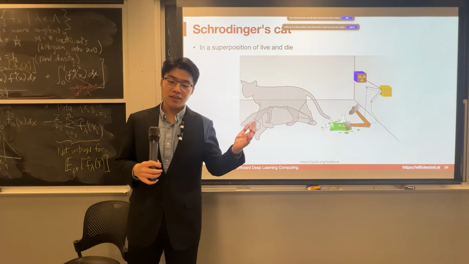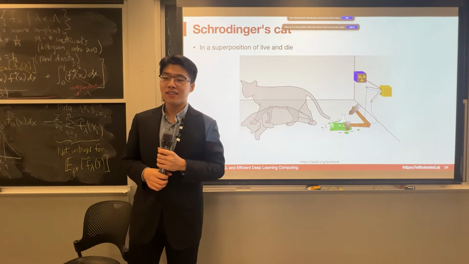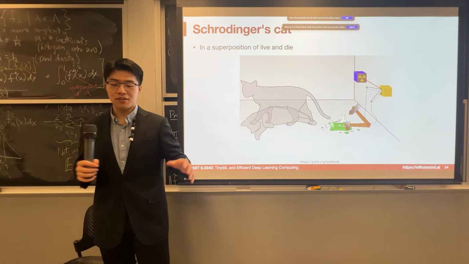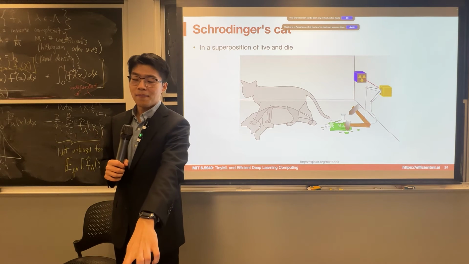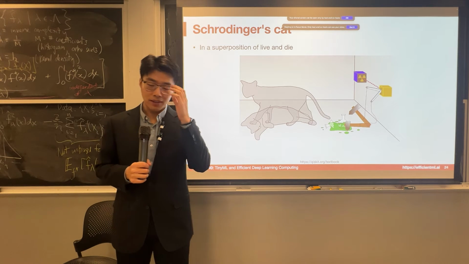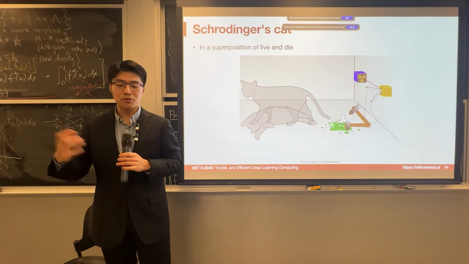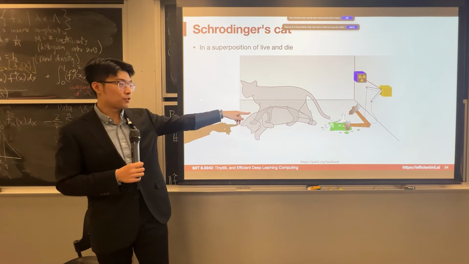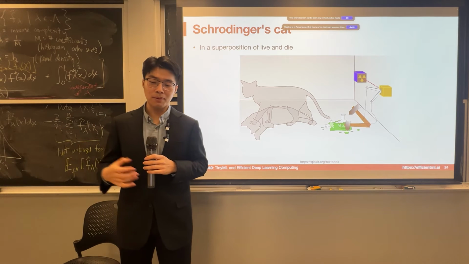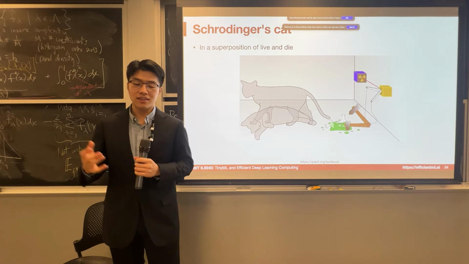Okay, so another interesting thing, maybe the most famous thing, is Schrodinger's cat, right? Let's say you have this cat in the box, and then you have some poison here, and then you have a laser which has a probability to generate some radiation to trigger this switch, and the switch will have a hammer to break this bottle to release the poison. With 50% probability this is triggered, and then the cat will be dead, and if it's not, then it's alive.